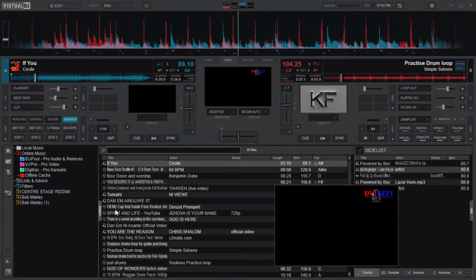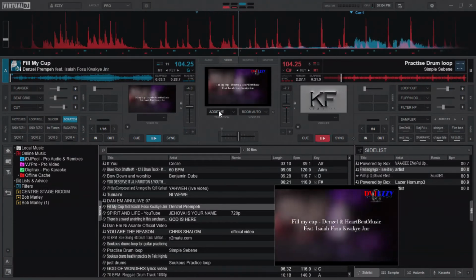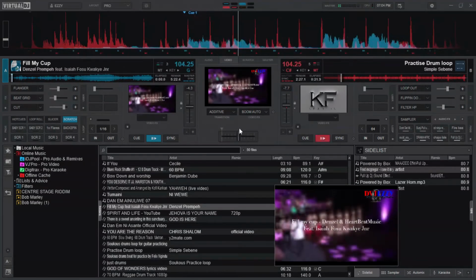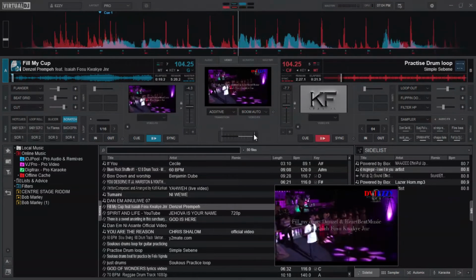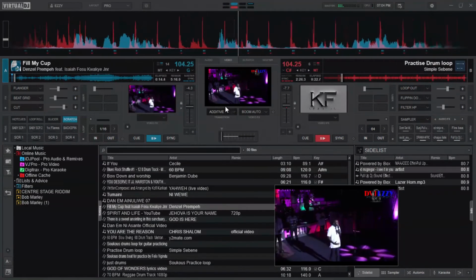There is the video console. When you are playing a video, it will appear here. The effects, the transition, how it behaves while trying to transition to another. You click on it when you are playing this song. Like right now it's Additive. If I try to move it, I'll have to play the other side.